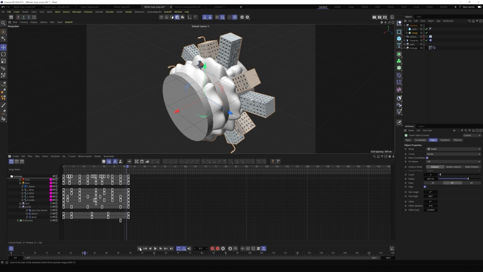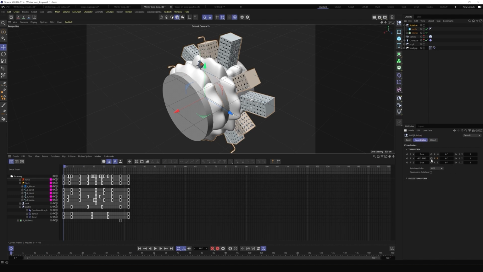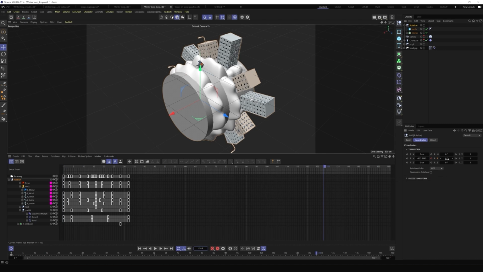So let's start at frame 0. Let's go to our rotation null and press a keyframe for P rotation. So 32 times 4 is 128. Let's jump to 128 keyframe and let's rotate it minus 72 degrees. Let's make a keyframe. Now let's go to curves